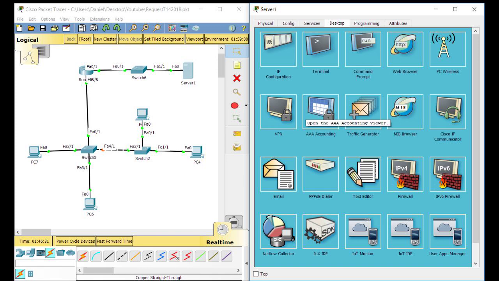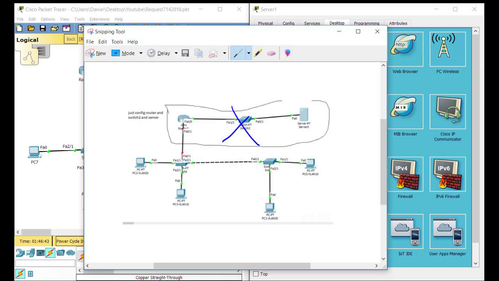So like I said before, I'm open to take these kinds of requests. Just make sure you send me some kind of topology along with what you want me to do or what you want me to show. So in this case, this guy wanted me to